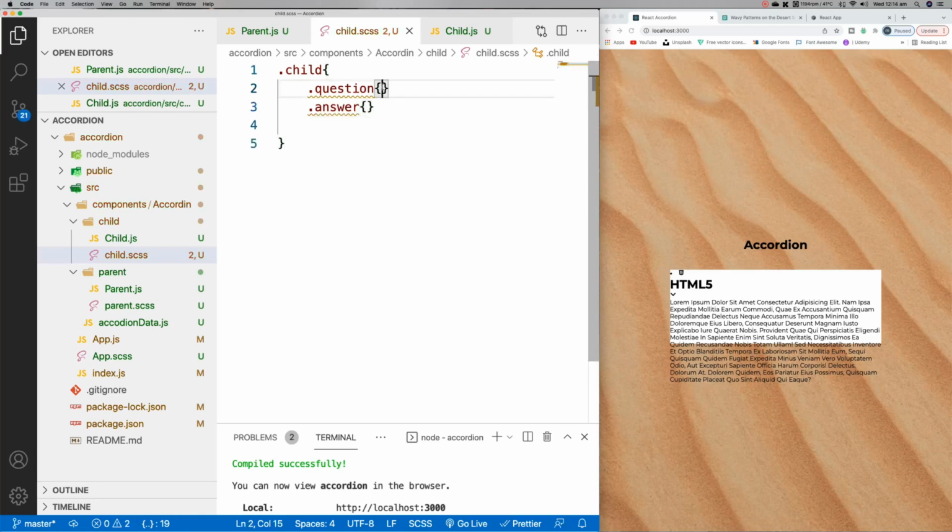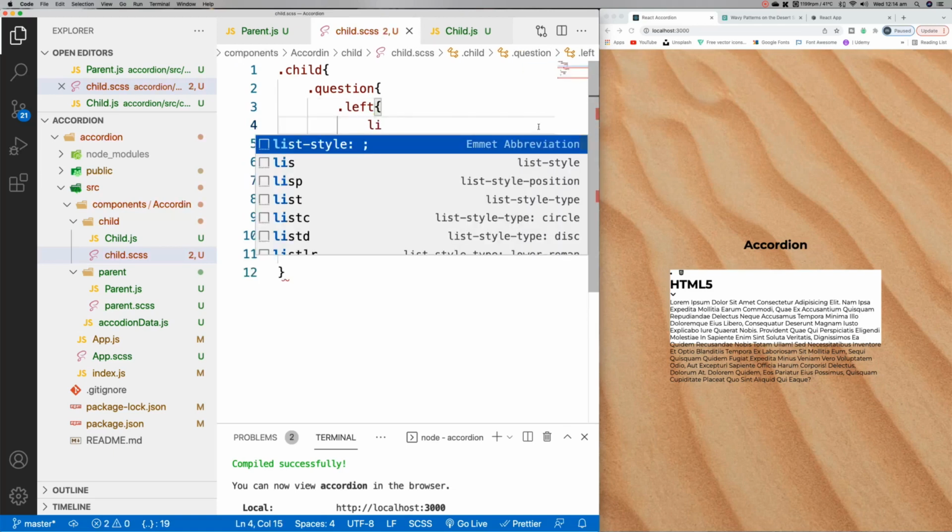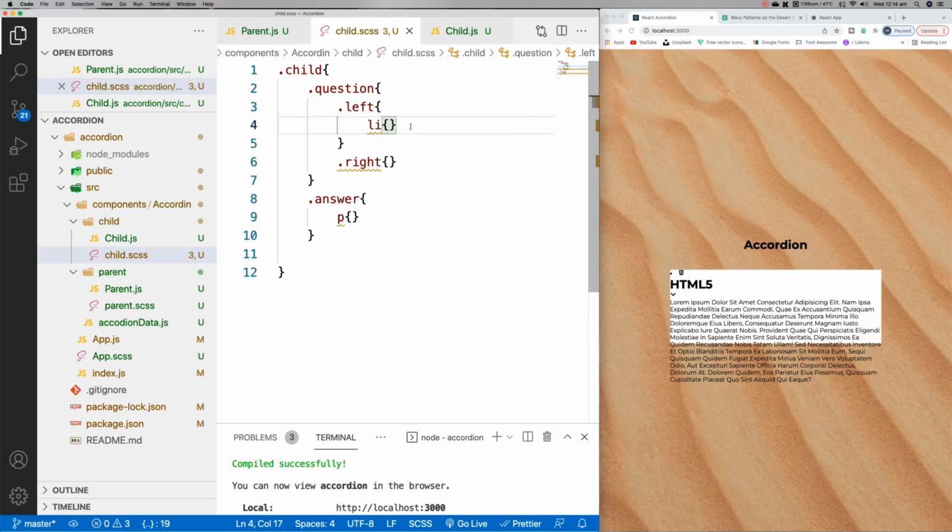So inside the question there are two divs. One is a left, another one is a right. Inside this answer there is one p tag. Inside the left there are two things: one is a li and another one is h1